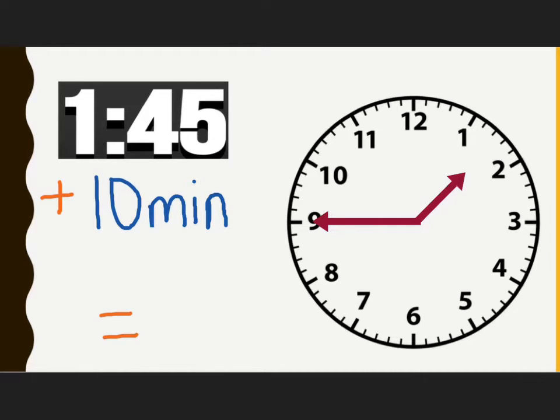If Frank walked his dog for 10 minutes and left the house at 1:45, what time did he return? His minute hand would move from 45, 5, 10 minutes. The new time is 1:55 because the hour hand has not quite reached the 2 o'clock mark yet. And starting from the beginning of the hour, we count 1:05, 1:10, 1:15, 1:20, 1:25, 1:30, 1:35, 1:40, 1:45, 1:50,